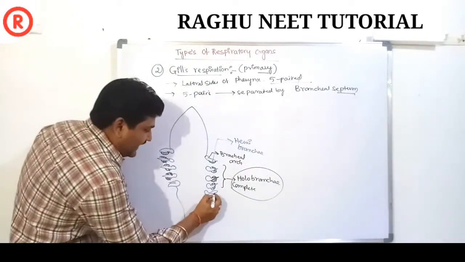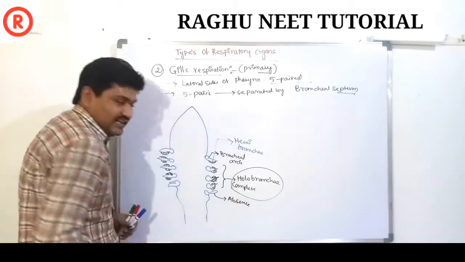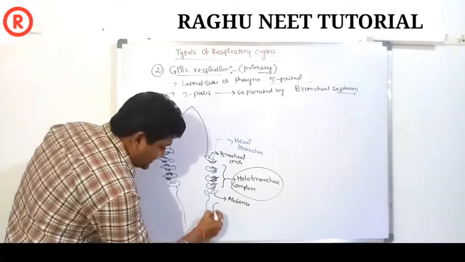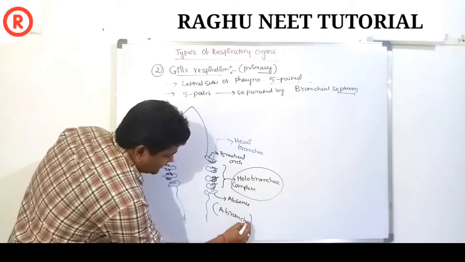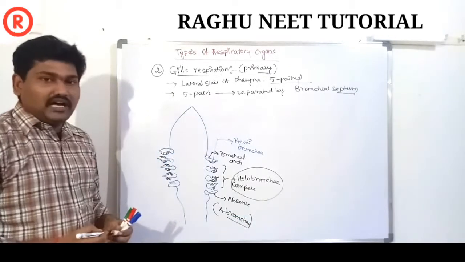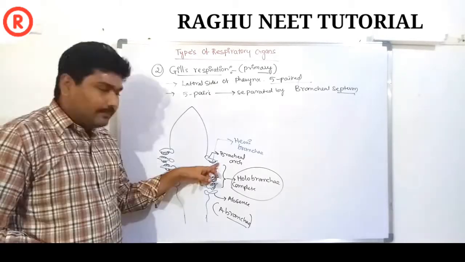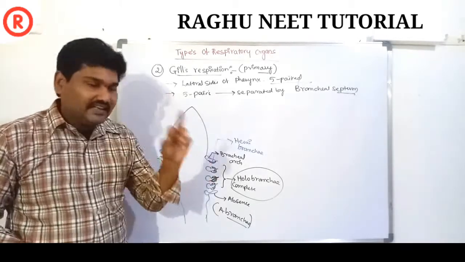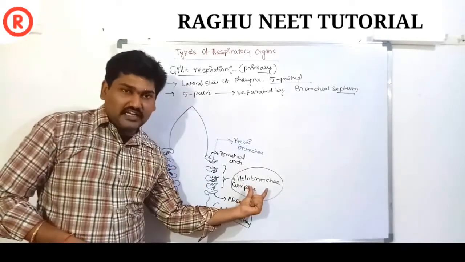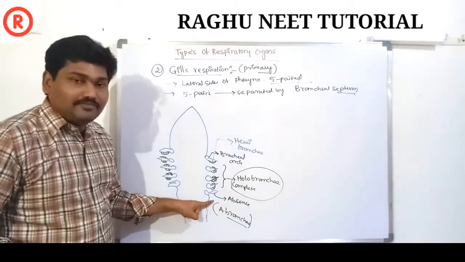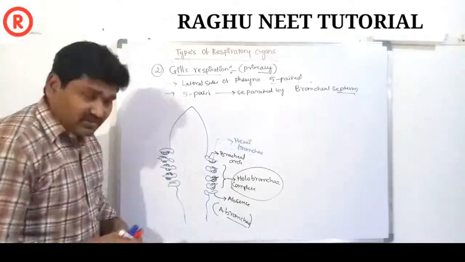Next, the fifth one has an absence of gills. This type is called abranchiae. What is the meaning of abranchiae? Absence of gills is known as abranchiae. So these are the 5 pairs of gills. The first pair consists of only one gill, known as hemibranchiae. The second, third and fourth have 2 pairs of gills, known as holobranchiae. The last one, with an absence of gills, is known as abranchiae.